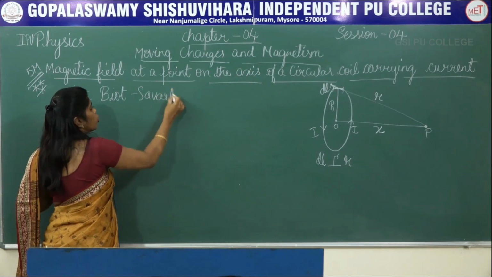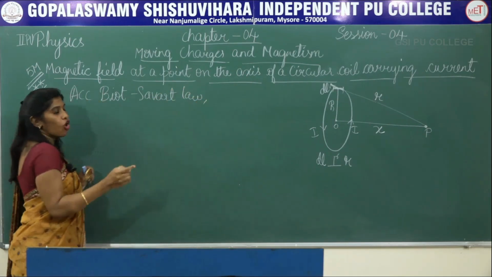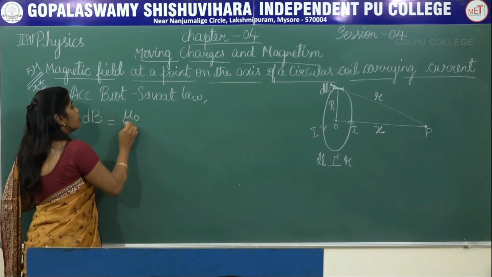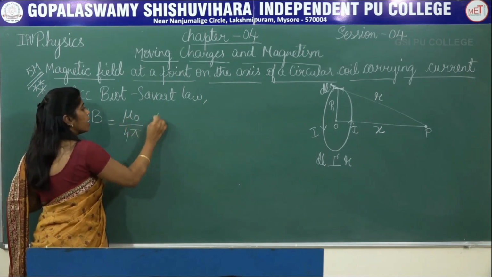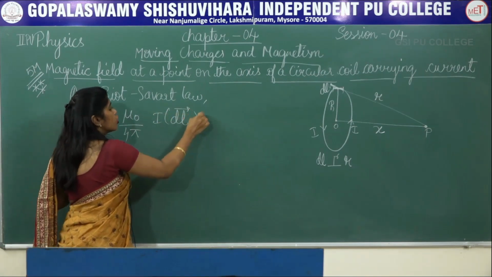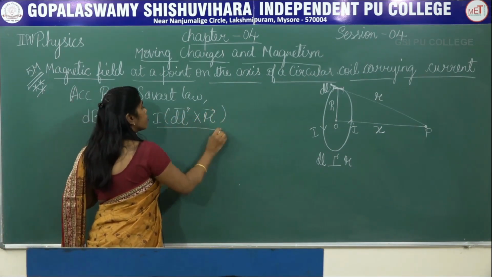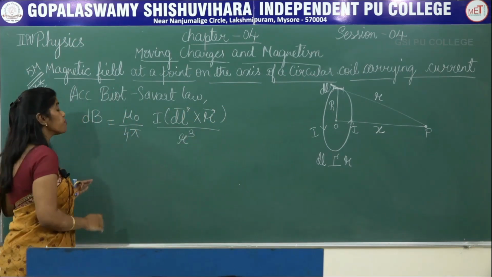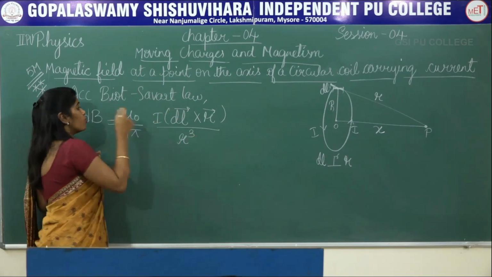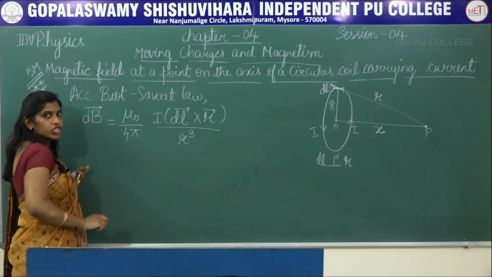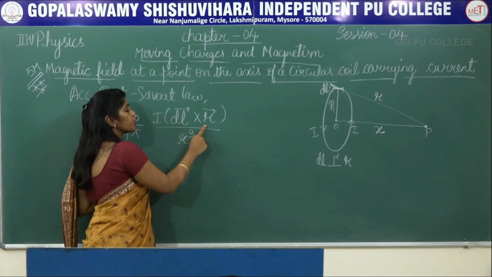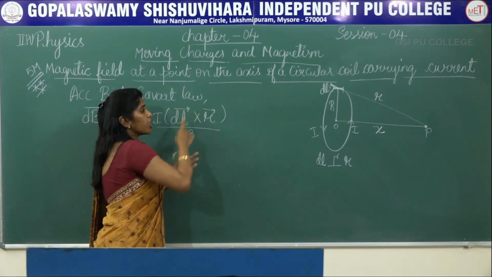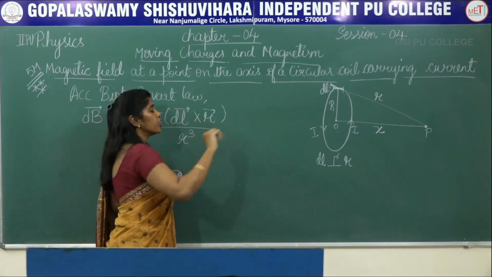According to Biot-Savart law, I know the formula. The magnetic field dB is equal to mu naught by 4 pi I into dl cross r divided by r cube. This is the vector form of the formula. Now from this formula, whatever the magnetic field direction is, it will be perpendicular to the plane containing dl and r. So if it is perpendicular, or I can use the right hand curl rule, where I am